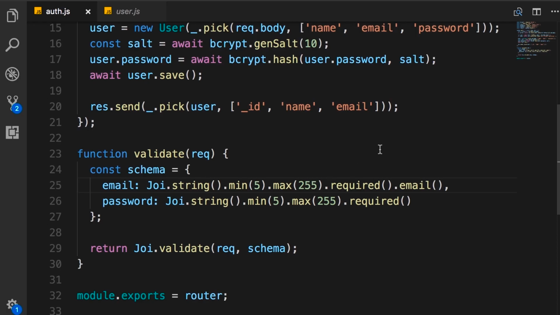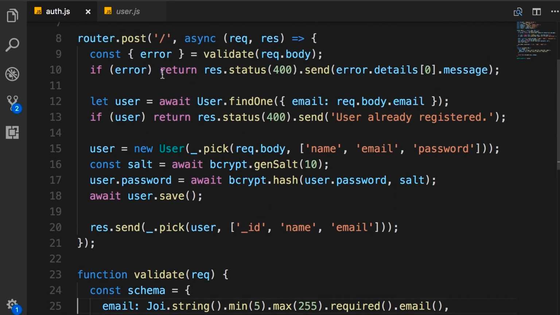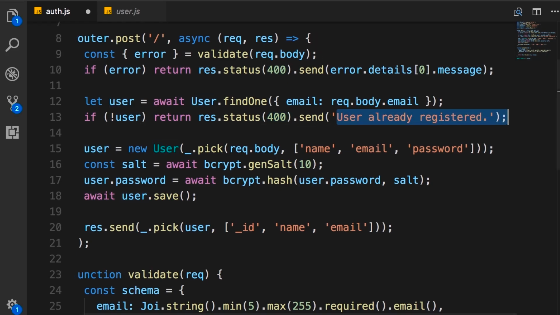So back to our route handler. This is our first validation. Next, we need to make sure that we do have a user with the given email. So we load the user. If we don't have the user, so here we apply the not operator, we should send a 400 error to the client, which means bad request. And the message should be invalid email or password. Note that here I'm not sending a 404, which means not found, because we don't want